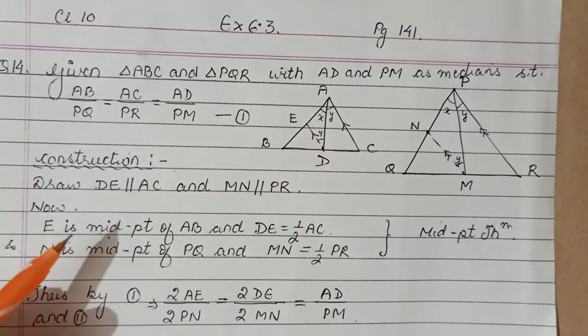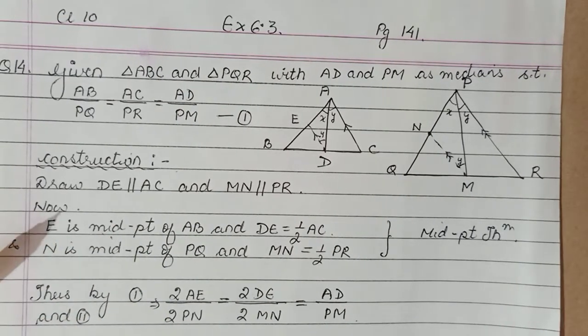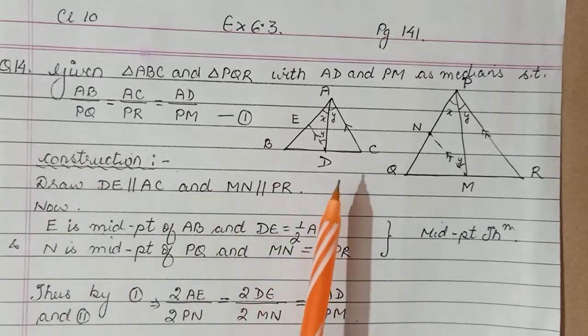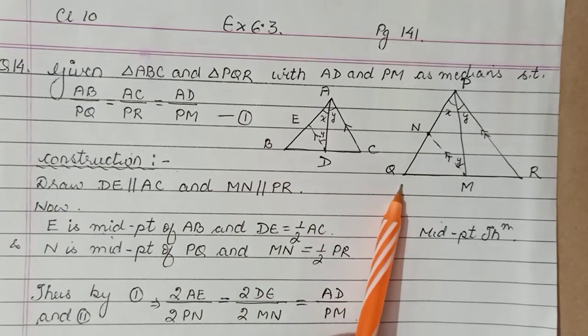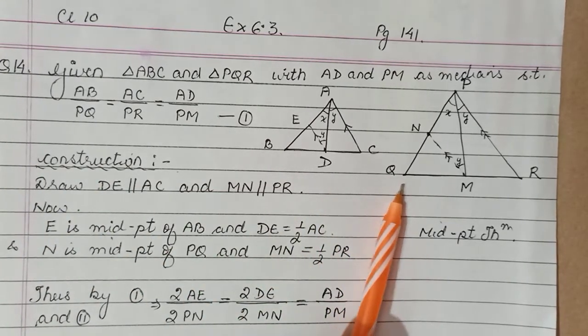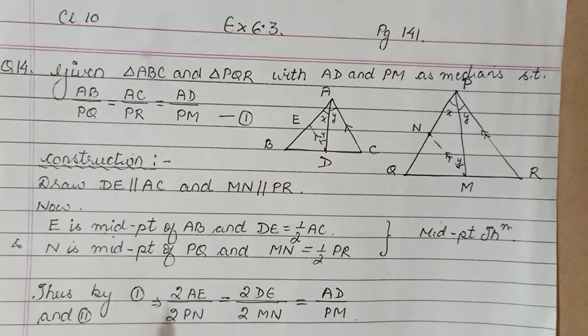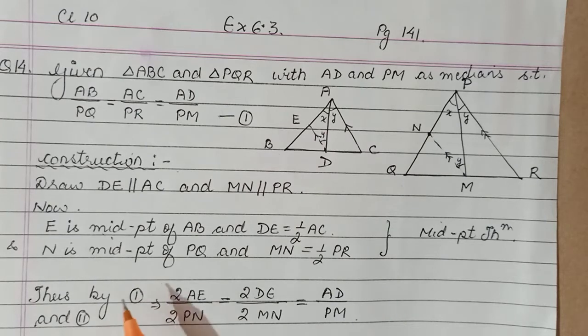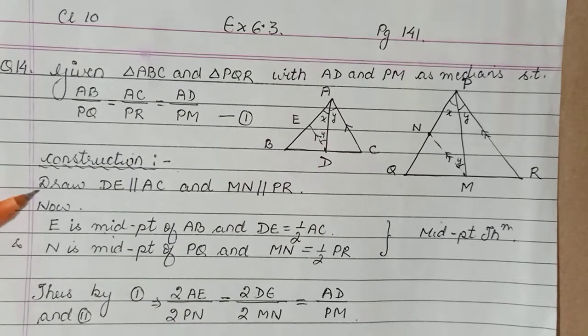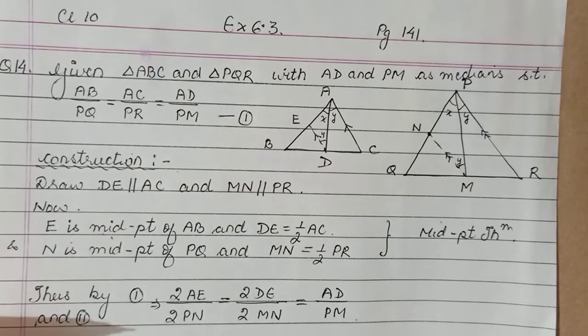Class 10, question number 14 from exercise 6.3 was left to be discussed because it is a bit typical. You need to understand as well as do a little bit of learning. There are many ways of solving or presenting this proof, and this is the one that I find shortest, so I have done it by this method. There are many more constructions and approaches that we can apply, but this one is simple and easy according to me, so I am discussing this with you.